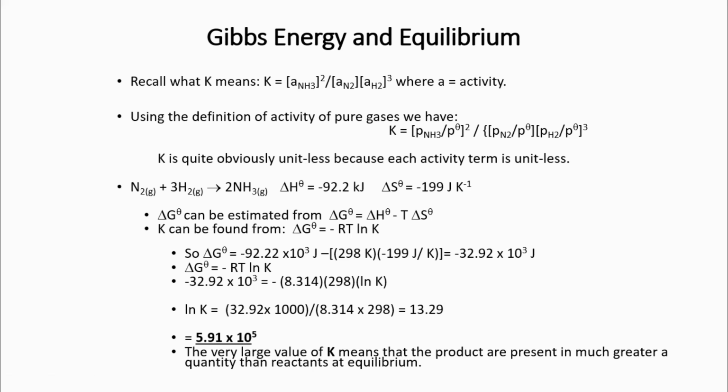The fact that this value is larger than 1 indicates to us that the equilibrium constant, which is a fraction, has a numerator larger than the denominator. Remember the expression for the equilibrium constant. Here it is, and here is a simpler version. Seeing that the value of K is larger than 1, it indicates that the activity of ammonia gas is larger than the product of the activity of nitrogen gas and hydrogen gas cubed. In other words, the numerator of the fraction is larger than the denominator,